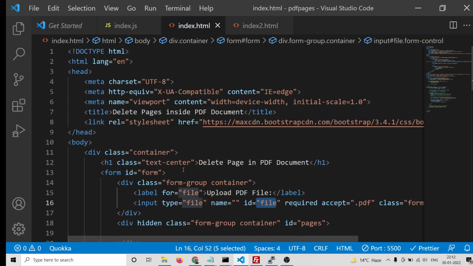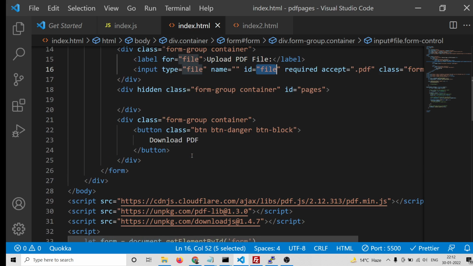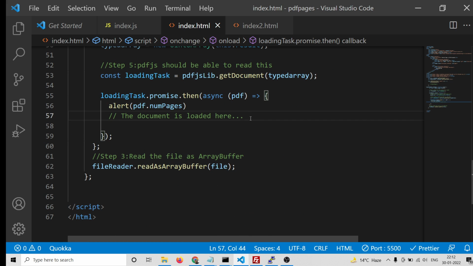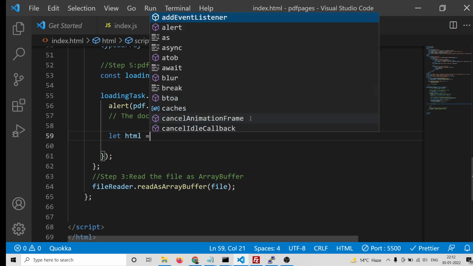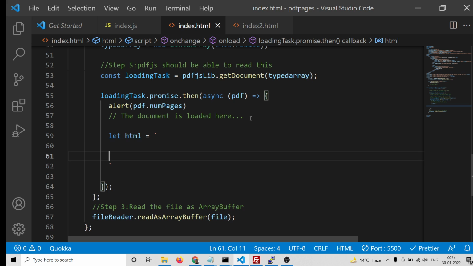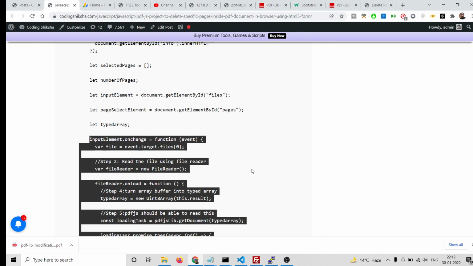So the first thing is done. We have calculated the number of pages. Now we need to populate the select list, which is currently hidden by default. Right here after we calculated it, we need to make an HTML variable, and inside this we will have our select list. If you go to the video description link,